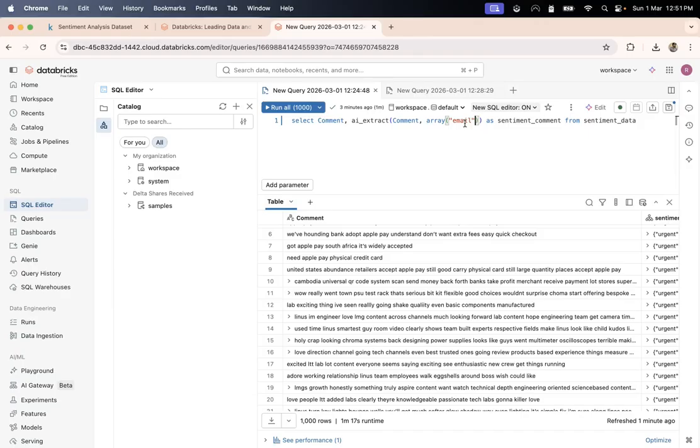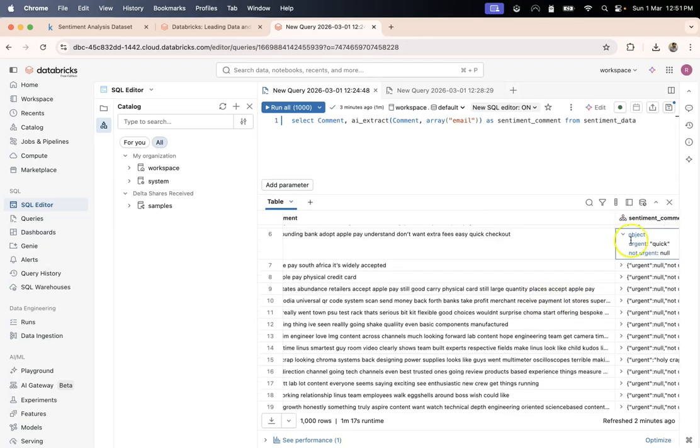I'll show you in a moment how there is a generic function which does all of what we have covered, like AI analyze sentiment and AI classify, but that requires more setup. And in AI extract, you don't have to provide the output type. By default it returns an object, and this is good for someone who doesn't want much setup here. But then there are more generic functions which can be used to customize the output format.